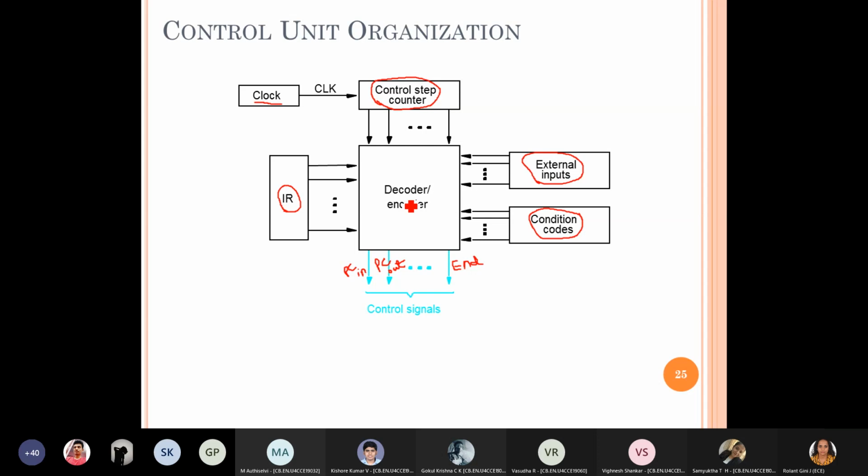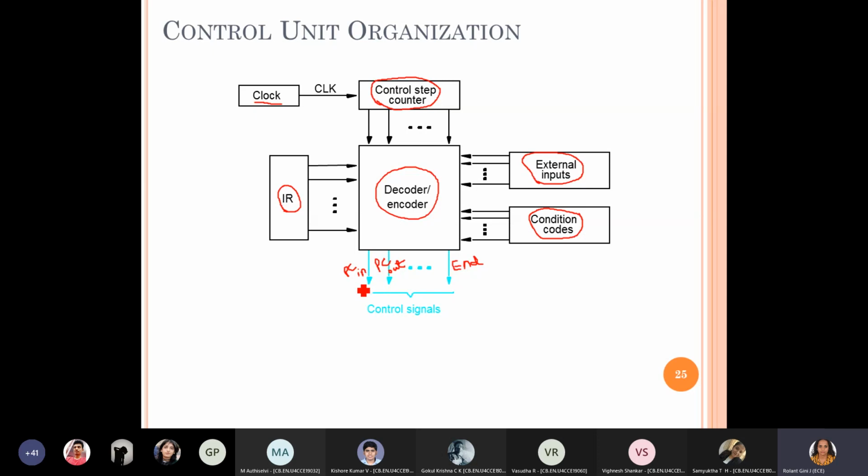Okay, so all the control signals we need from the control unit, where we have a set of decoder and encoder to perform the remaining operations. Now our main focus is based on the instruction we receive from the instruction register and what clock count it is, and then based on the external inputs and other conditions and status flags, what is to be inside this encoder and decoder, how we design this encoder and decoder, right?